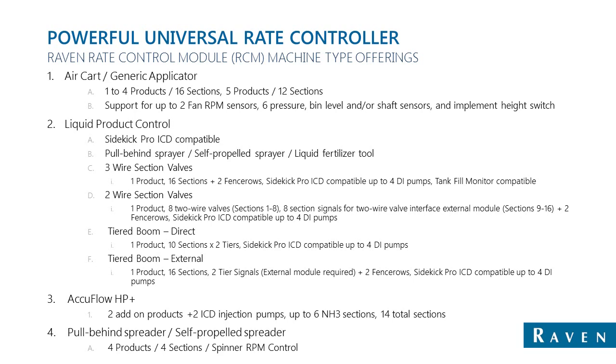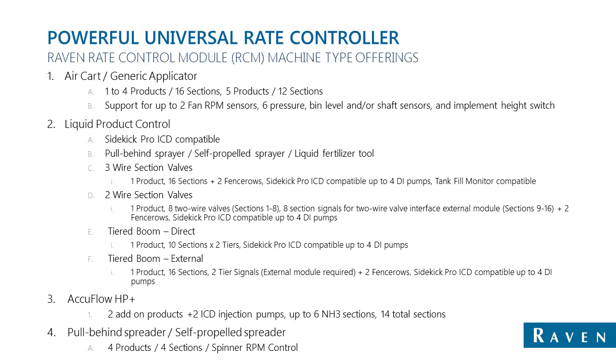We currently offer 6-section NH3 with a total of 14 sections, and we will be offering in the future a 10-section NH3 option with the AccuFlow HP+ mode. What the 14 total sections option means is basically your first 6 sections are assigned to your AccuFlow HP products. So you'd have the remainder of that, 8 sections, to assign to the 2 additional products. So if you wanted to run a single liquid on top of the AccuFlow HP, you can run 8 sections